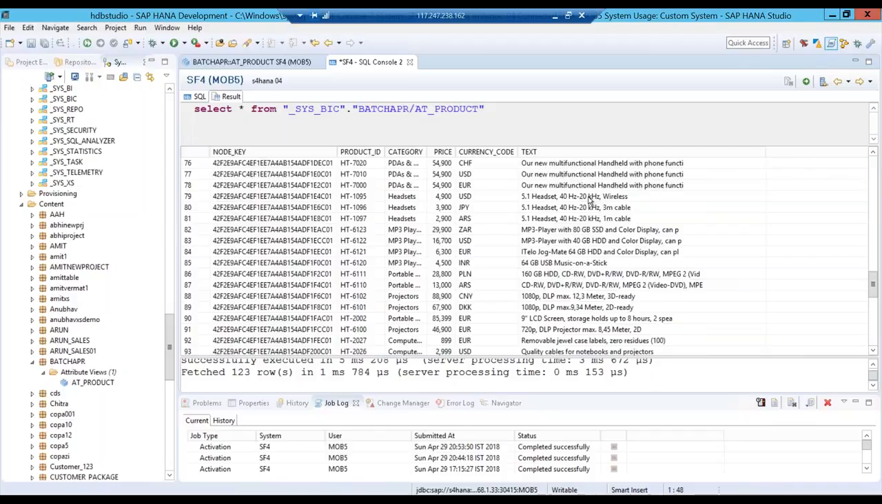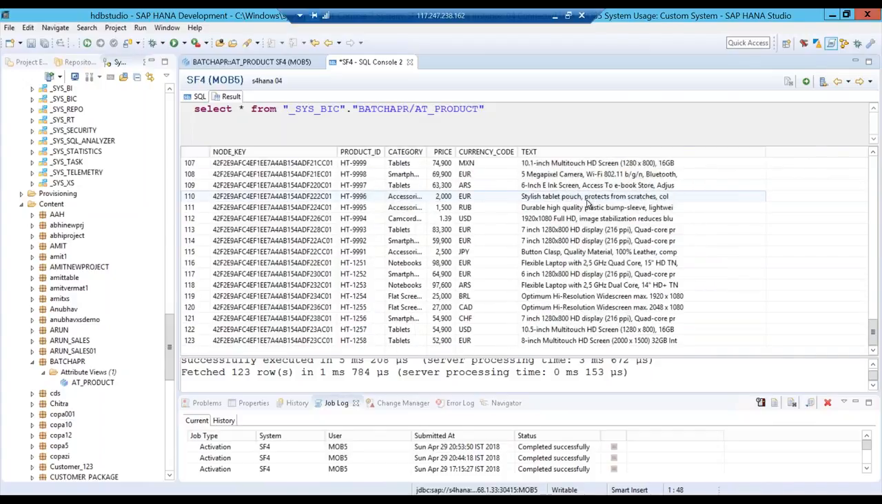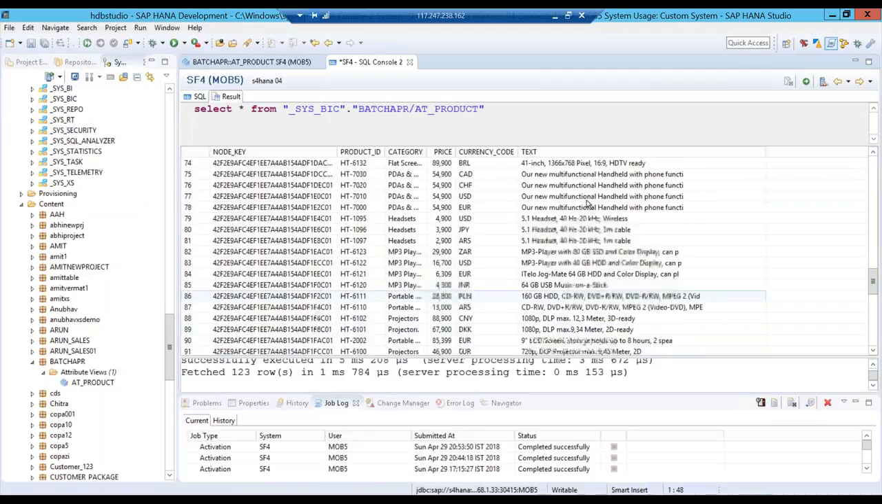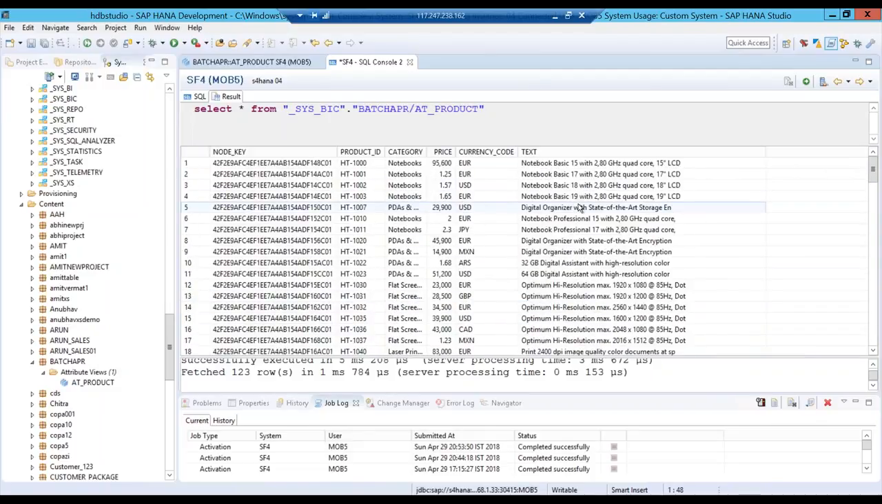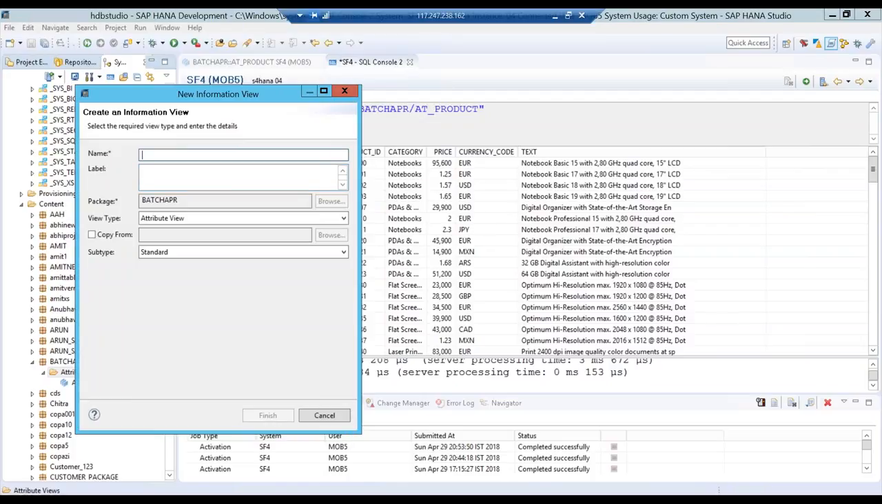Based on your current login language inside of SAP HANA, it's going to pick up the text in that login language automatically, because the join type is text join. With that, we complete our first dimension. Let's create another dimension. I'm going to come here and create another new view, and this dimension I call customers. So I call it attribute view customers,